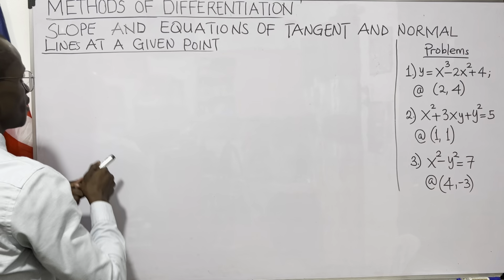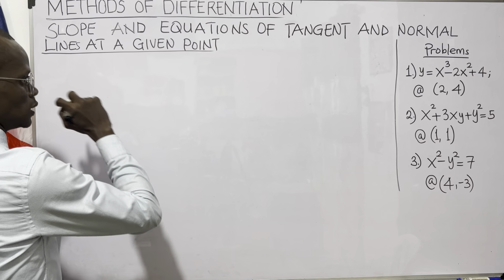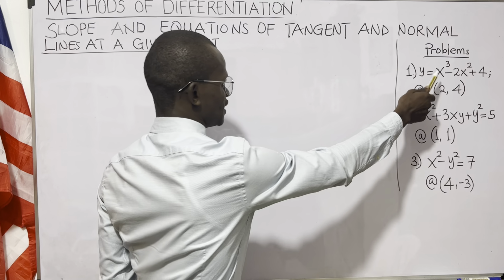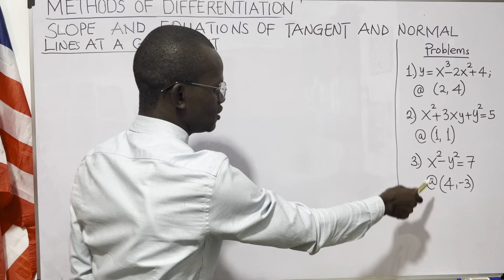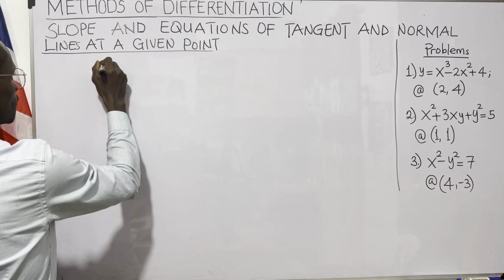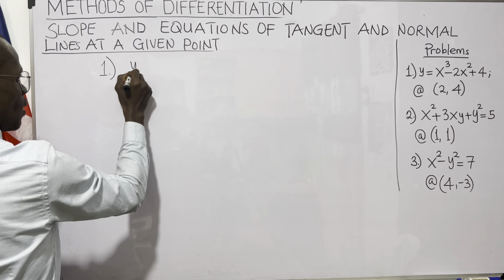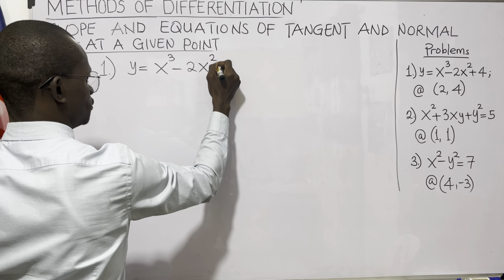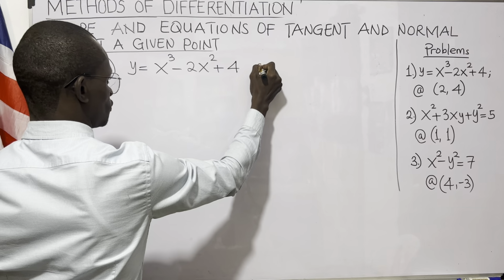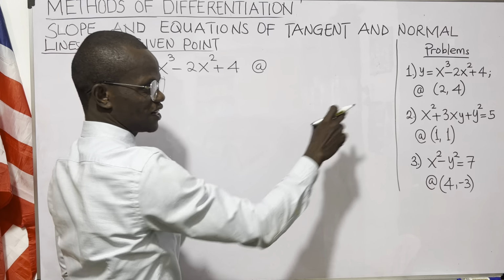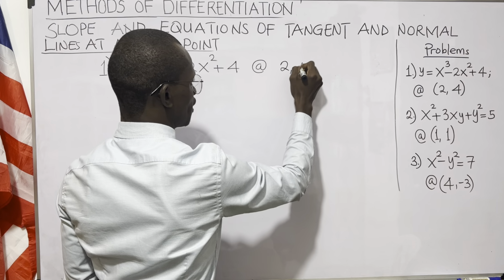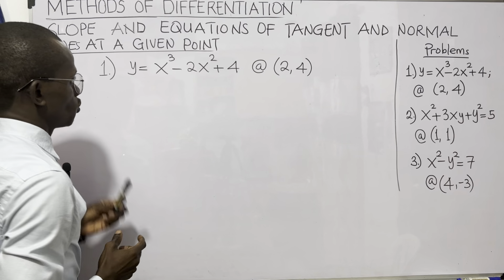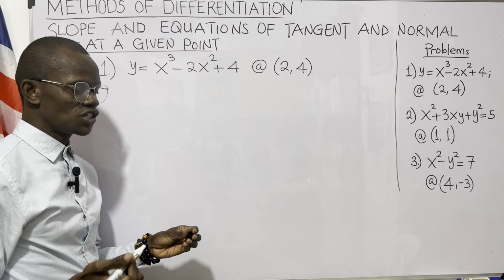So let's look at the first problem. We were asked to find the equation of the tangent line and the normal line for each of these equations. So the first one says y equals x cubed minus 2x squared plus 4, and the point of tangency is (2, 4). So we know that the equation of a line